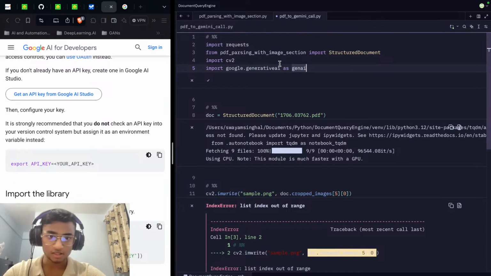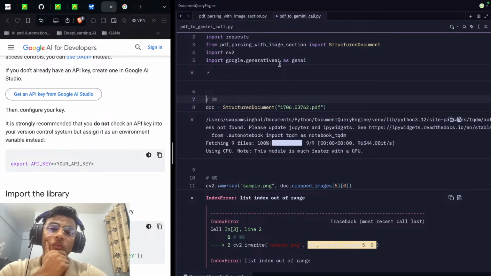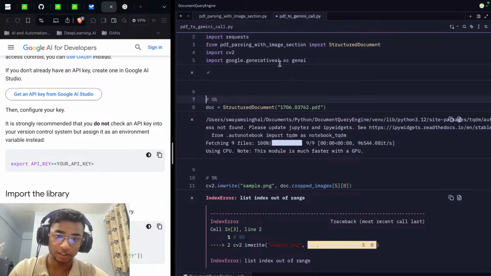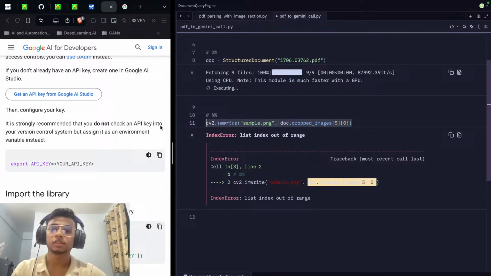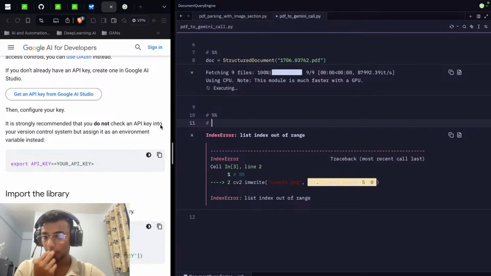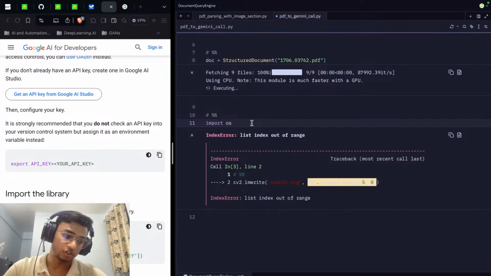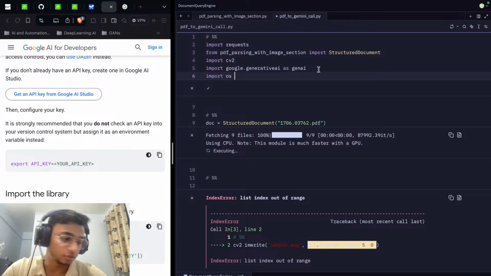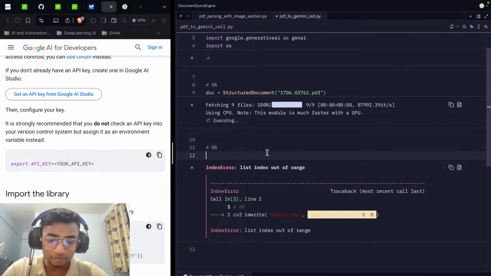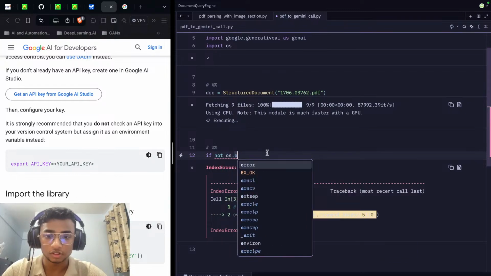So I hope this is what most of you have been waiting for. Finally, we are doing our work with generative AI, Google's free Gemini API, which is amazing. So let's ignore this for now. And you want to upload images as such, so we'll have to set up a temporary folder. So I'll just import os, as I have not done it above. Keep our code clean, and we'll do if not os.path.exists